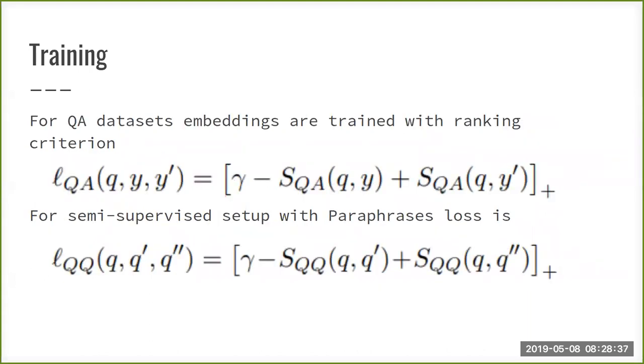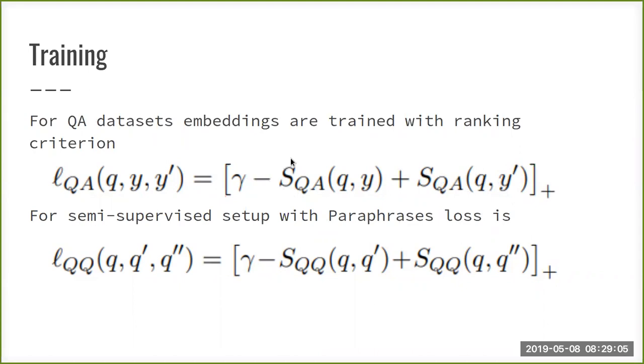These are the losses that they use to train these two matrices. Pretty much a standard max margin kind of ranking loss. Square brackets and plus here means that it's a maximum. It's a positive part of this thing. So if the part inside the brackets is negative, it's just 0. And they minimize this.